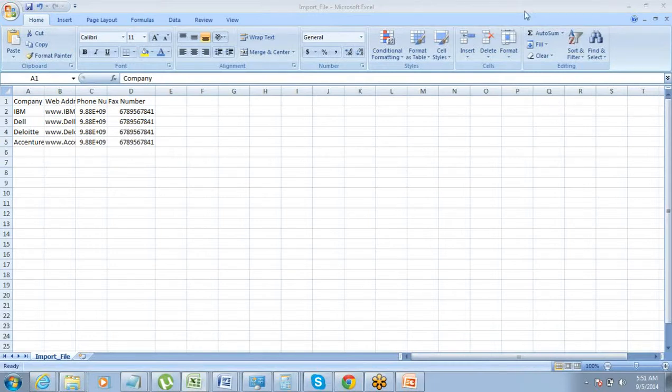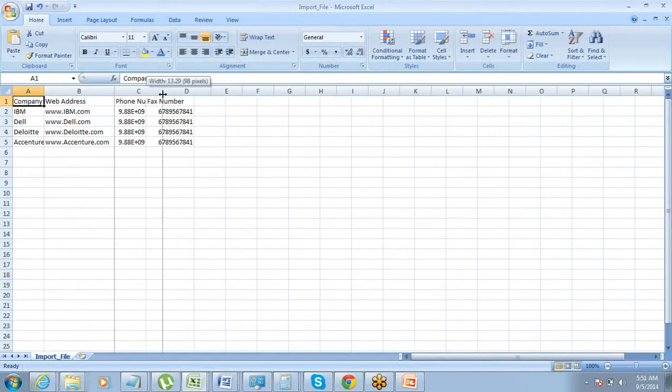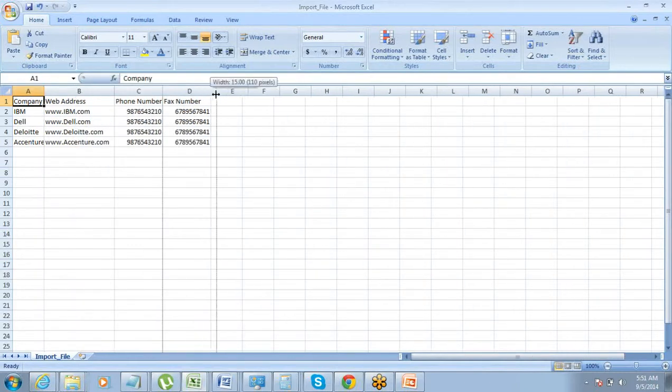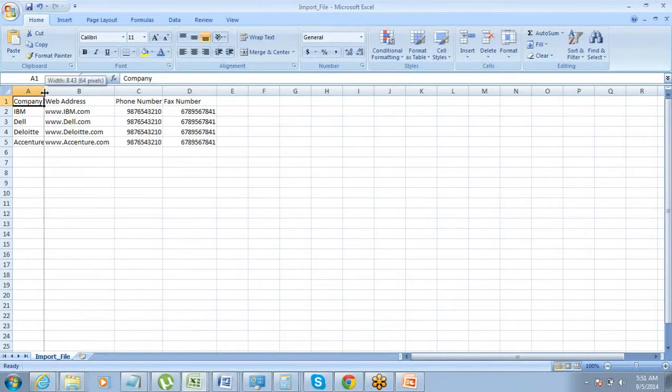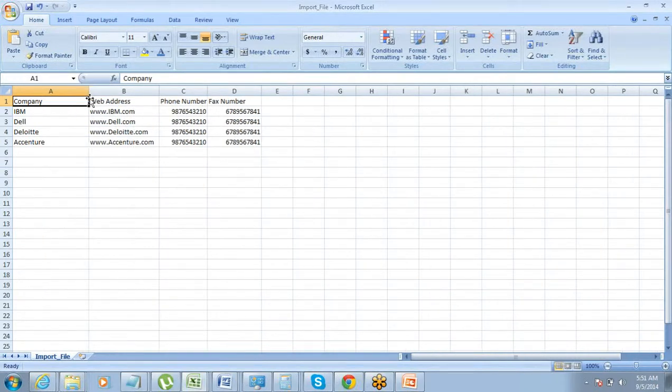Right. So let's see an example of import. Here I have a file, I've created a dummy file with a few accounts, and this is what we are going to import, right? We have just 4 records here, 4 dummy records. You can have 1000, 10,000, 50,000 records, whatever number you have. You can have all those records in the spreadsheet the way I have put, right?